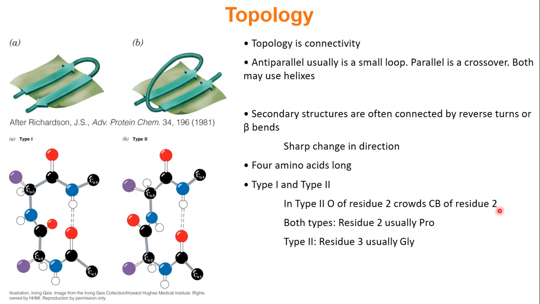I have residue 2, I'll be sure to change that. Now, residue 2 is actually usually proline in both types, and so that proline is helping make this turn. And type 2 residue 3 is usually a glycine to help with this crowding. Since you have this oxygen here, if you have a glycine here, you just have a hydrogen and you don't have any steric